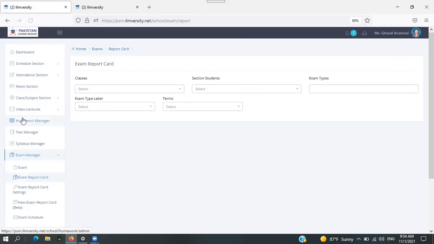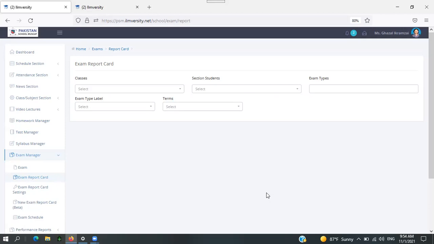Before you generate the result of your class, please tally with your coordinators the updated fee defaulter list. Check with that one, and remember that you are not going to share the results of the fee defaulters. For that, you have to discuss with your coordinators, and then you can work on it.